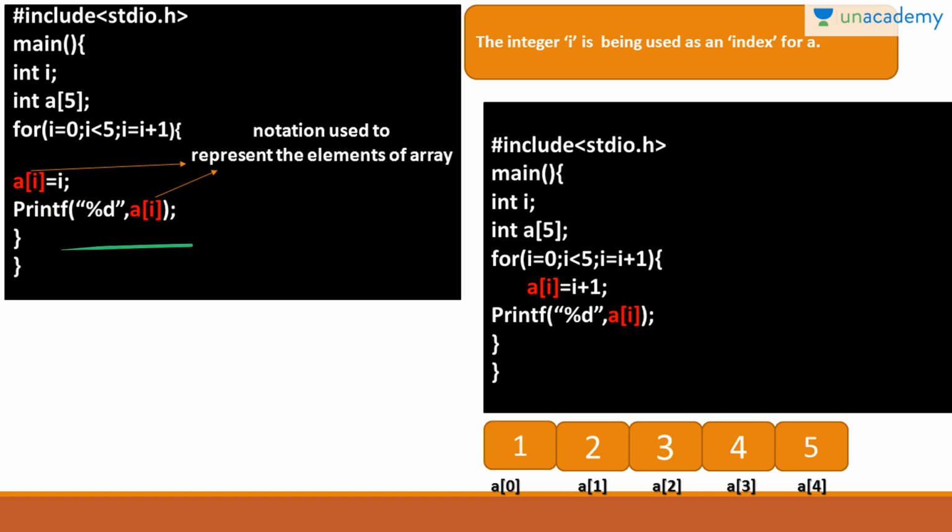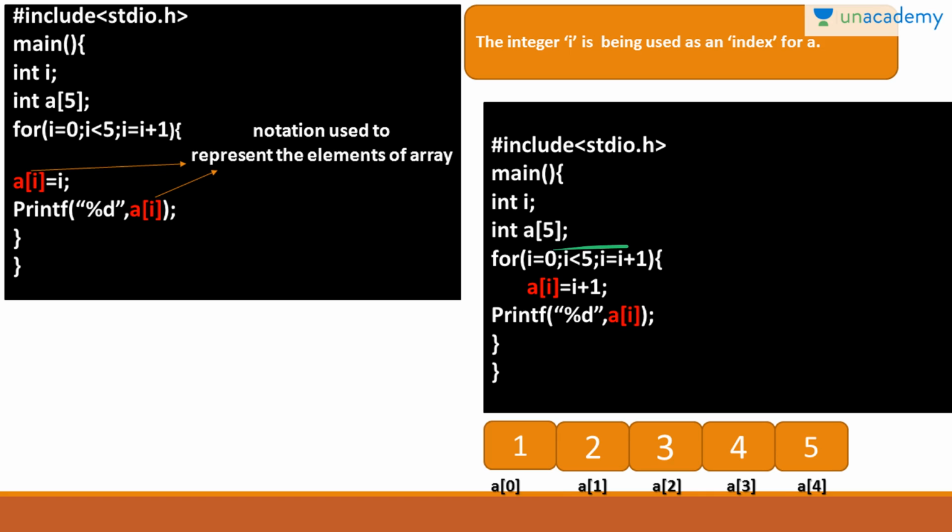I have taken another example to make you understand. int i, int a[5], the same example, size is 5. We can store 5 variables inside this array. So for i equal to 0, i less than 5, i equal to i plus 1, a[i] is equal to i plus 1.